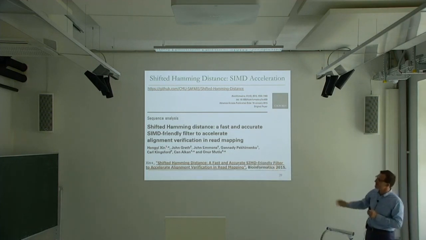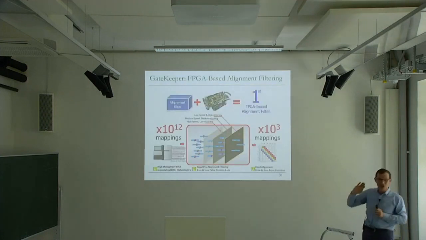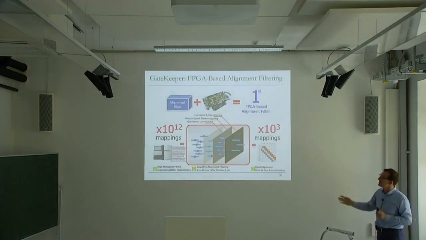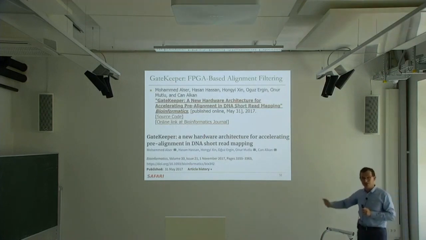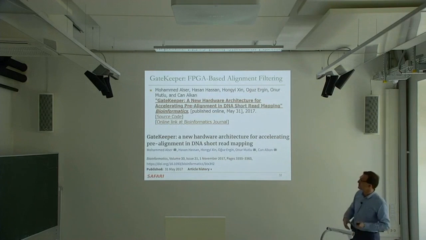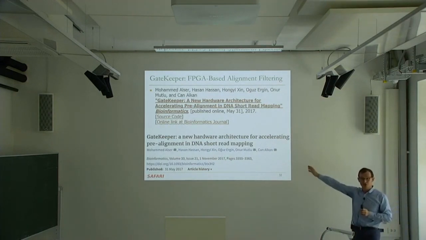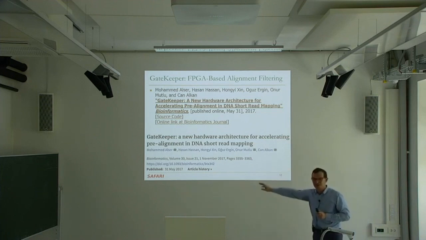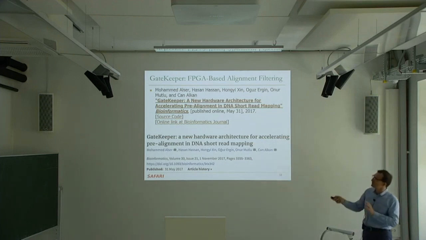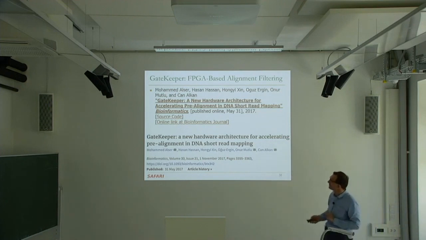And later, it turns out this kind of algorithm is very easy to adapt to FPGAs. So we actually have an FPGA implementation of this that's much faster than the SIMD, single instruction, multiple data instructions in general purpose processors. This actually makes the mapper 10x faster. It makes the filter 200x faster and the mapper 10x faster. And if you're interested, you can download the source code of all of these works and test it for yourself.